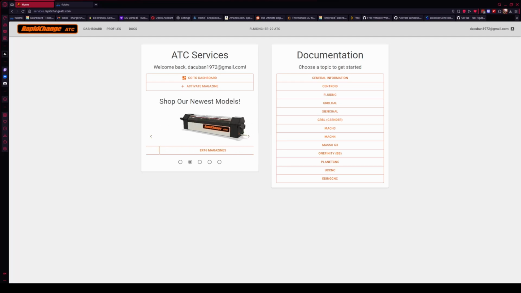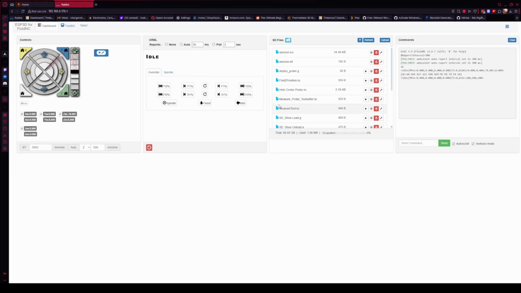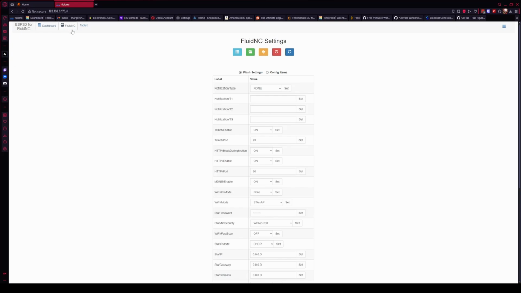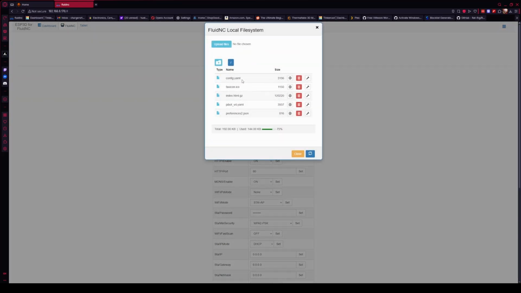Don over at RapidChange ATC should have sent you your profile, and this page is where you're going to set everything up. Prior to doing that, you're going to want to have your machine up and going, and make sure you download all of your previous config files, the one that you're using now on 371 or 373, and download those to back them up to your computer. The main one, the YAML file, is the most important, and you're going to want to do a clean install